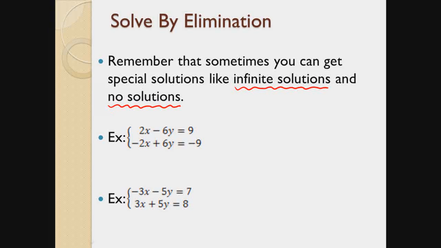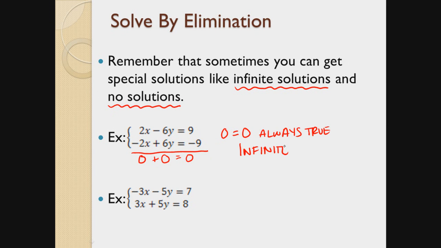In the first example, if we try elimination, 2x plus negative 2x would make 0. Negative 6y plus 6y would also make 0. And then 9 minus 9 would make 0. You would end up with 0 equals 0, which is always true, which makes the solution be